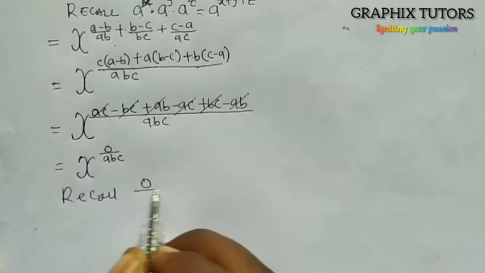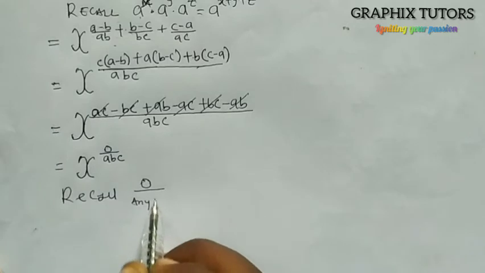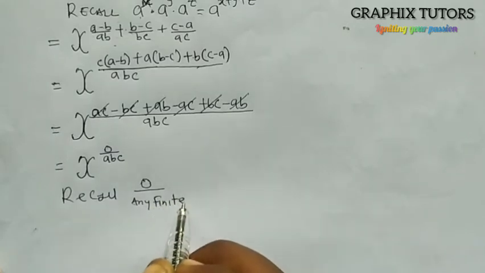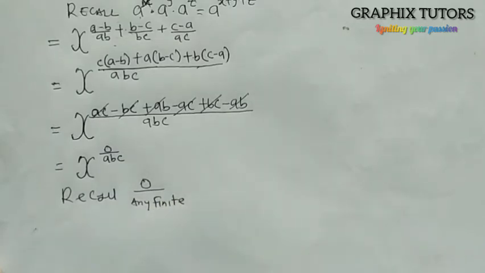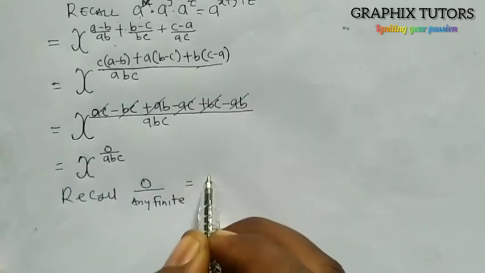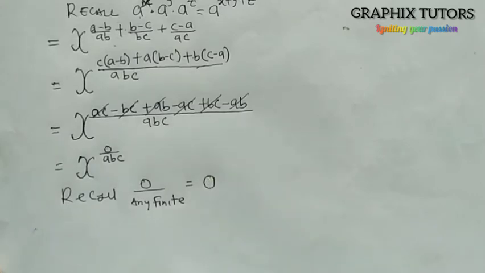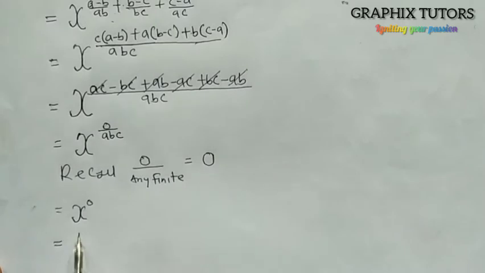Now recall, 0 all over any finite number, like 0 over 1, 0 over 2, 0 over 3, 0 over 4, 0 over 1 million, will always give you 0. Are we good? Now that will mean that my x raised to the power of 0 will be equal to 1. So my answer here is 1. So meaning that x is equal to